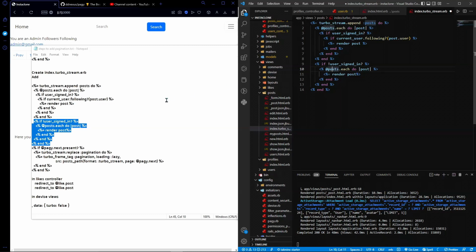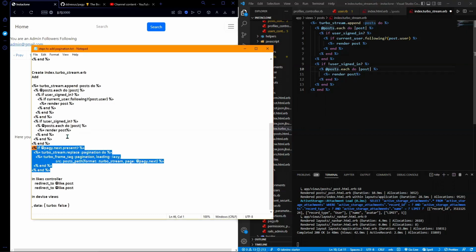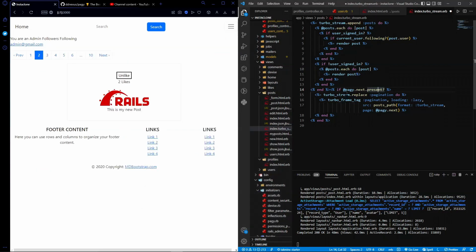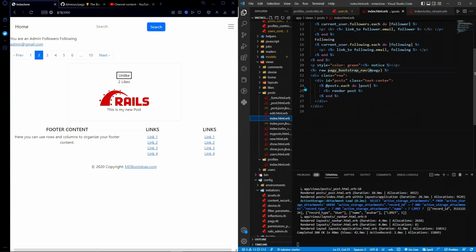It's just something that I like to do. And then finally after that, we're going to say if pagey.next.present. So we're basically saying if there is another page after this one, then we're saying turbo_stream.replace pagination do. Then we have a turbo frame tag, which is also called pagination, and it essentially just says to load the next. So save that file and then go to index.html.erb, and we have to call this turbo stream from this